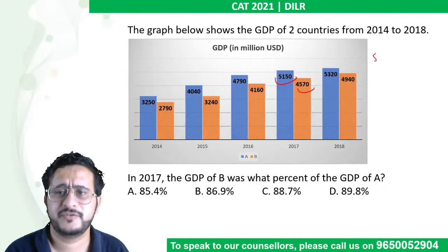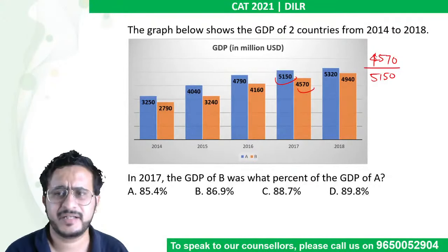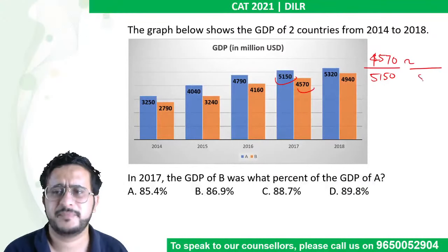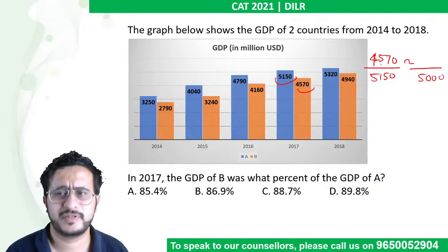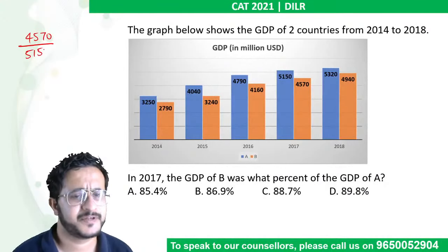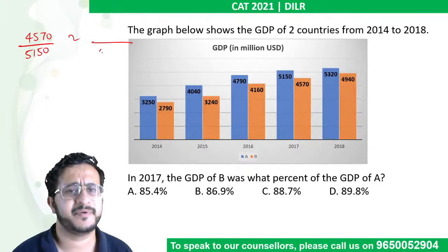You have to find 4570 upon 5150, right? Now I cannot divide by 5150, right? What I can do is I can make it 5000. Let me write it here, that would be better. So 4570 upon 5150. I can definitely divide by 5,